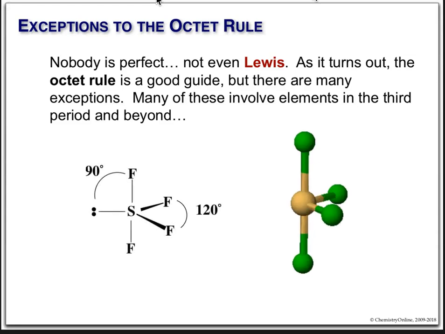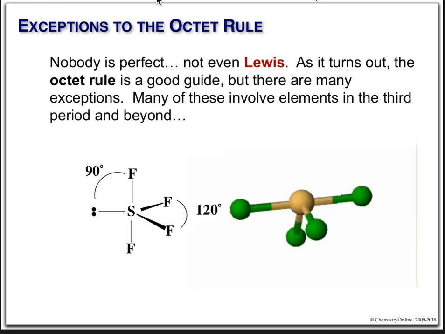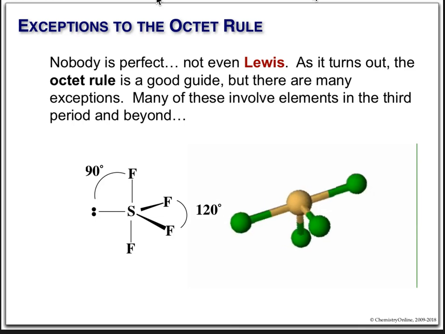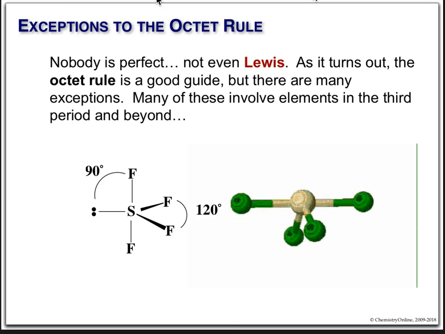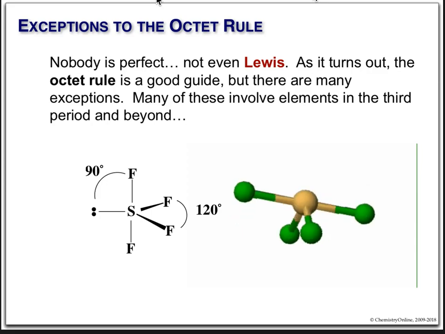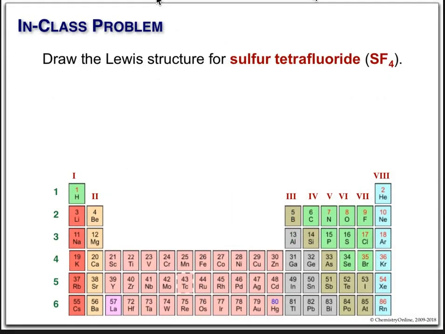A classic example here is sulfur tetrafluoride. 1 sulfur and 4 fluorines. This is what it looks like. And as you look at this little sulfur guy, it has 2, 4, 6, 8, 10 valence electrons. So let's just take a second and see how this happens. Oh, the geometry of this, just to show that chemists do have a sense of humor, is called seesaw. Okay, SF4,